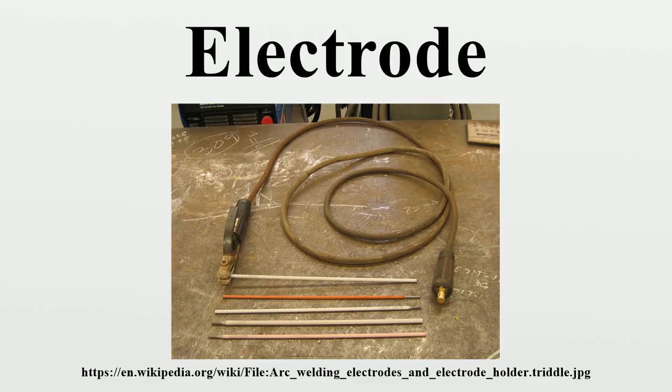Examples include electrodes for fuel cells, electrodes for medical purposes, such as EEG, ECG, ECT, defibrillator, electrodes for electrophysiology techniques in biomedical research, electrodes for execution by the electric chair, electrodes for electroplating, electrodes for arc welding, electrodes for cathodic protection, electrodes for grounding, electrodes for chemical analysis using electrochemical methods, inert electrodes for electrolysis, membrane electrode assembly,